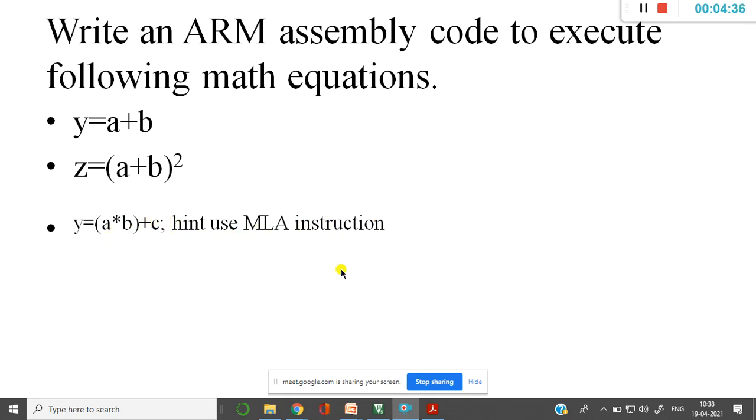Okay. Now I'll try to write the program for this third one. You try to write for the rest of the first two examples. First one is very simple. A is an integer, B is an integer. You can take A as R0 register and B as R1 register, and Y is once again an output register, which may be R3 or R4, anything, right? So this is how you are supposed to write the program.